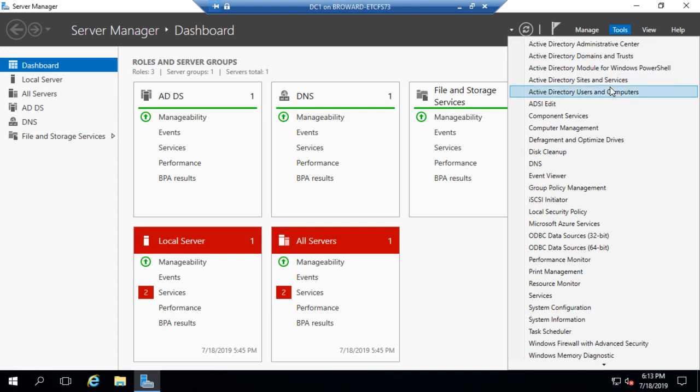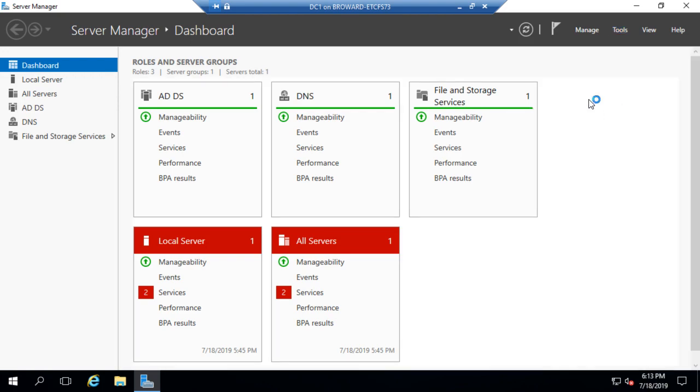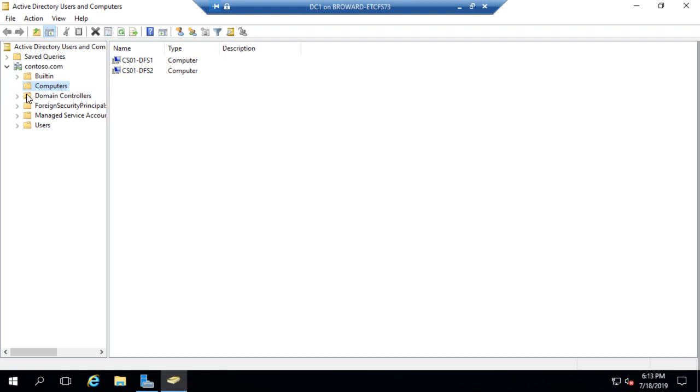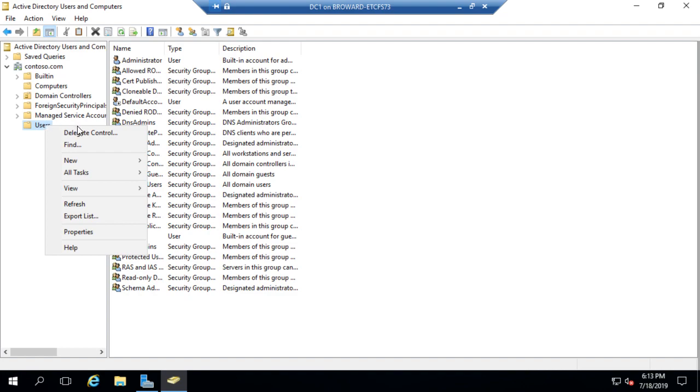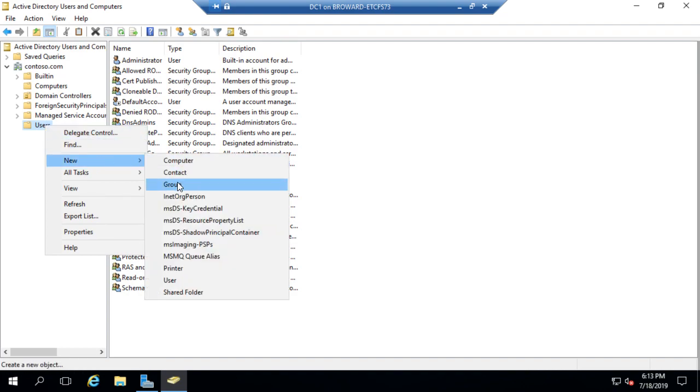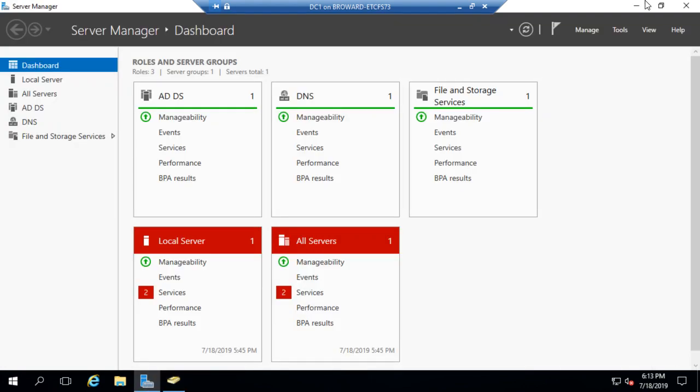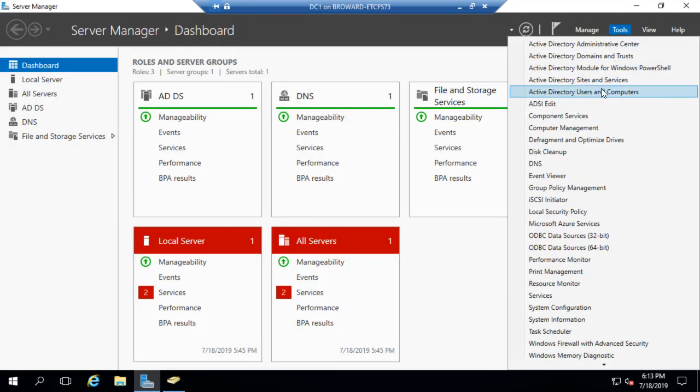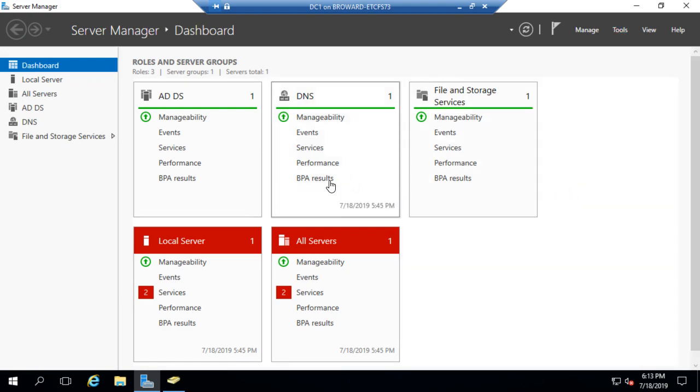Go to Tools, Active Directory Users and Computers. I'm going to go to the user container and create a new group. I want to explain something first. If I go to Group Policy Management,